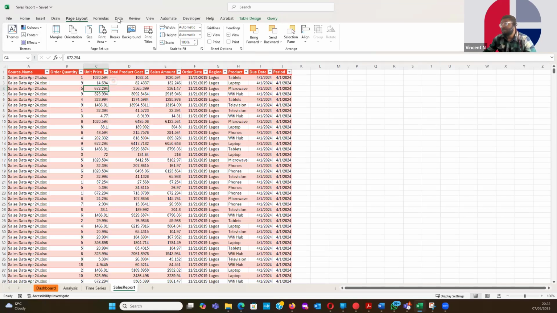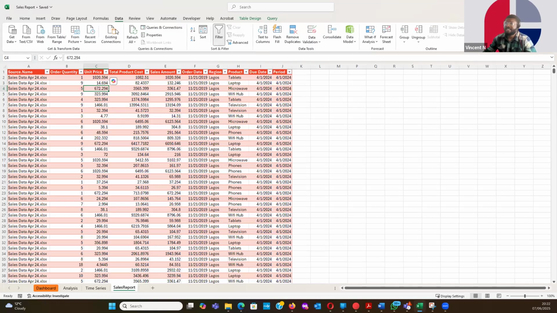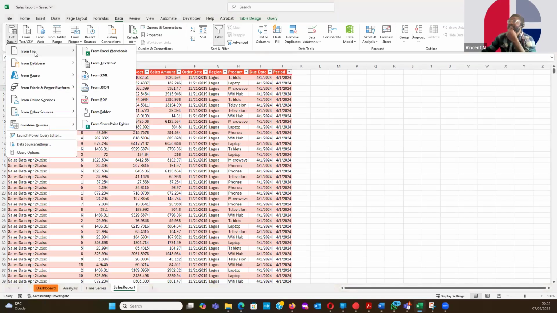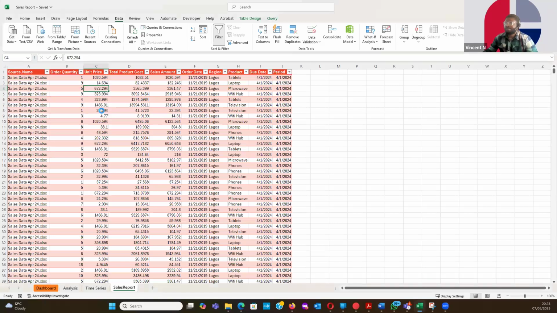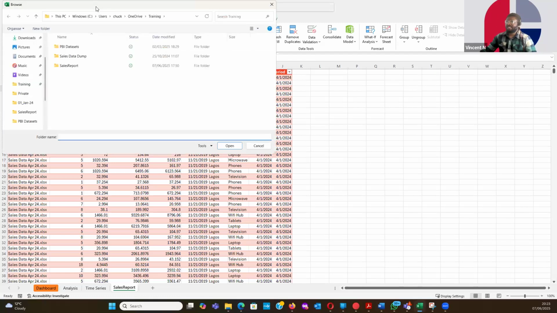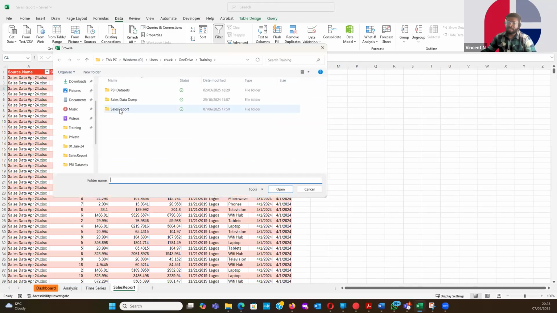And it's a simple case of going to data. This is the normal Excel workbook that you all know. So it's a simple case of going to data. You go to get data, and then there is from file. If you scroll down here, you see from folder. So if I click on from folder, for example, it will point me to my file explorer, and I'm just expected to pick which folder I want. So if I just pick this and I say open,